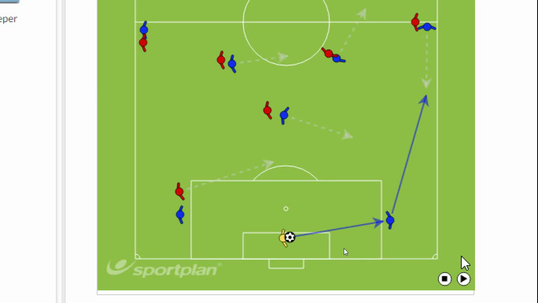Identifying the open player. Okay, so in this situation, the goalkeeper is, let's say, on a goal kick. In this position, the goalkeeper quickly has to identify who is the open teammate, the open player. Right now, what we're going to be looking at,